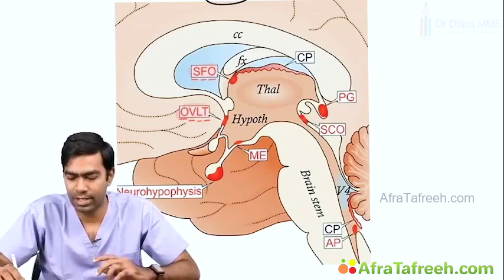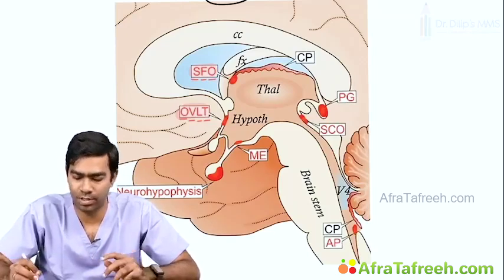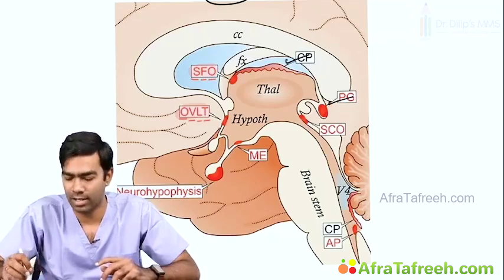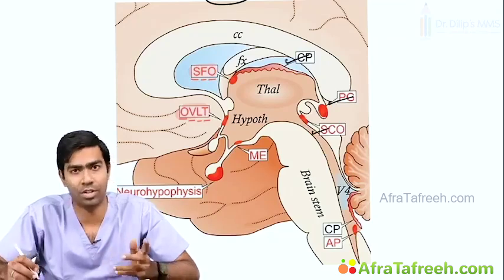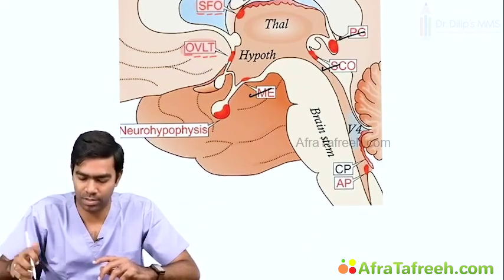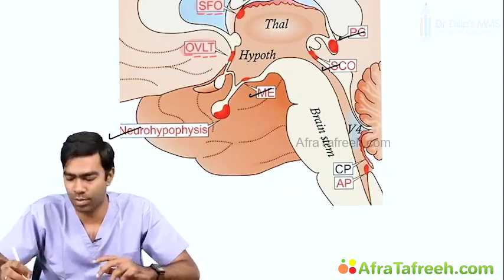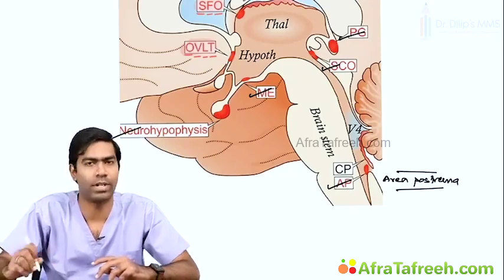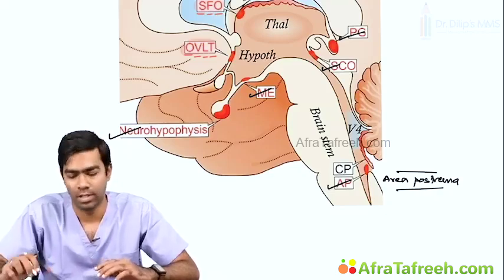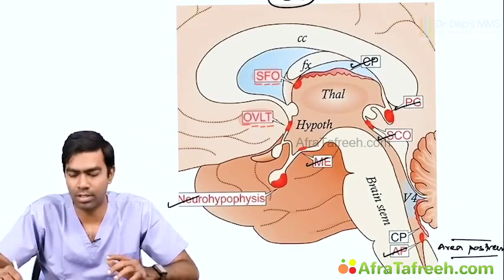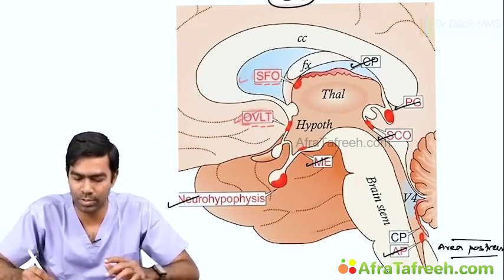Then you have a lot of other areas that are not of that much importance for us. This is the choroid plexus, and this is the pineal gland, and this is the subcommissural organ, and you have your median eminence of the hypothalamus. Then you have the neurohypophysis, posterior pituitary, and you have the area postrema. You know, this is the area that is closer to the chemoreceptor trigger zone and induces vomiting, area postrema. So these are the important circumventricular organs, of which our concern right now is on the organum vasculosum and the